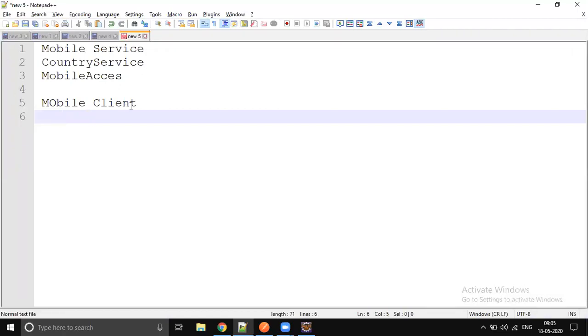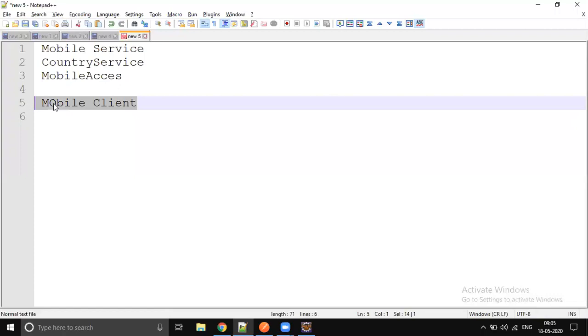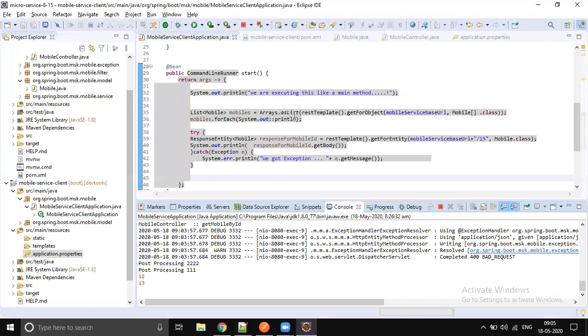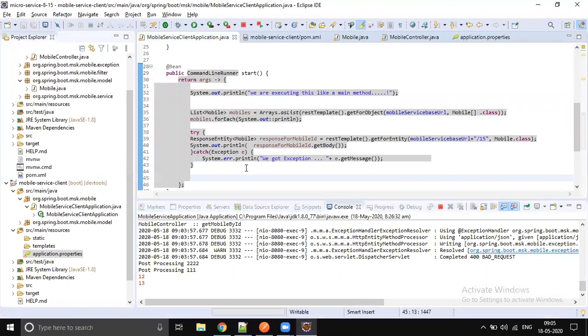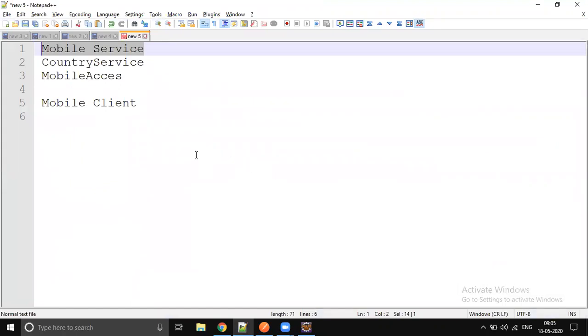So we will call only one web service, called mobile client. This internally calls three services. Later we will integrate all these three. Right now we have completed only one endpoint, only one service. So for now, just do it as a standalone application. Later, we will convert this into an actual web service, one more microservice, which will make three calls to three services and give an accumulated response back.